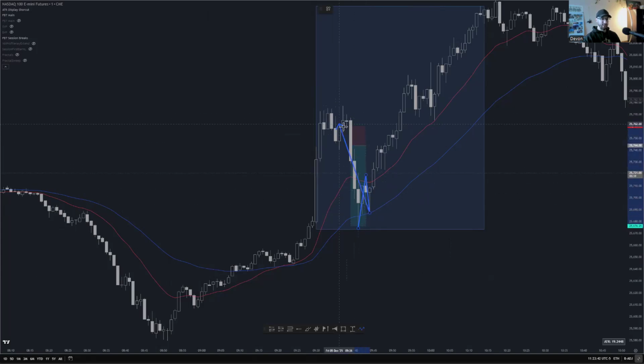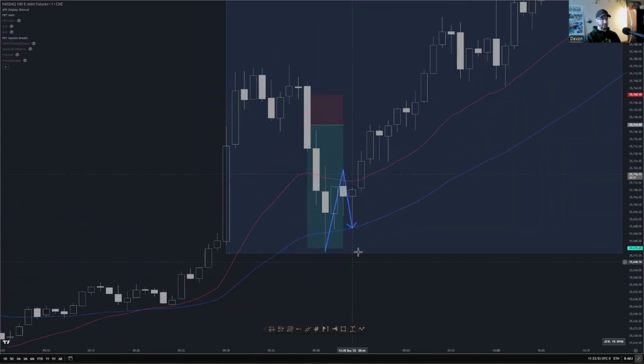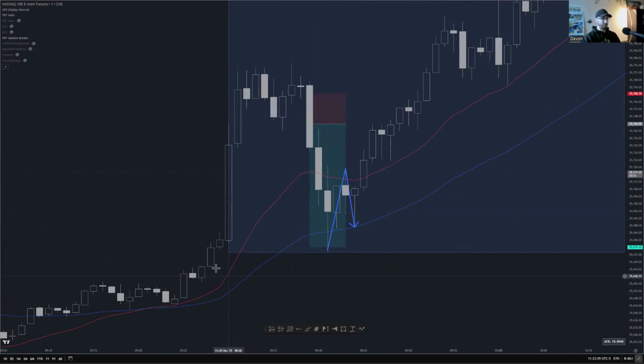So sellers are here, push price down, goes up, sell off again. It does not break the low. It comes up. We actually have a bullish candle closure. My candles are a little bit different color, so hopefully you can bear with me. But these ones here, the hollow ones, are going to be my bullish ones, and the white ones are bearish. So bullish move, bearish move here, and then a bullish close.